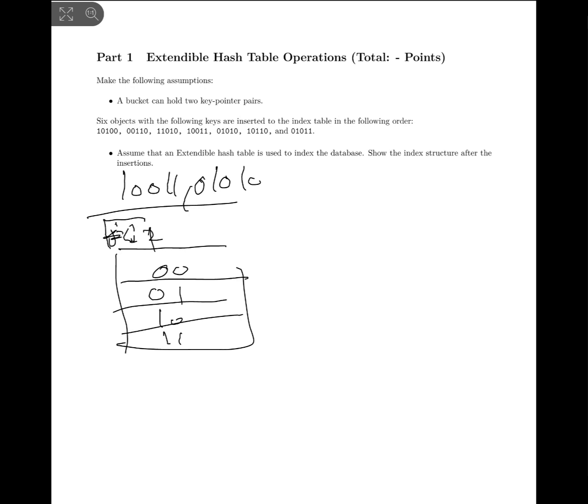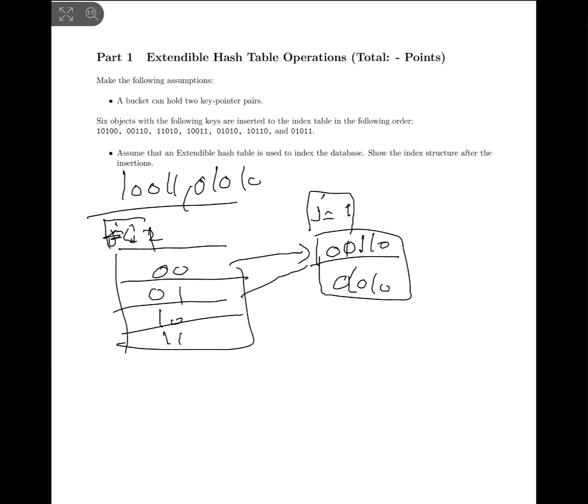So i equals 2, and j equals 1 here. You see that for different values of j, each bucket has its own value. 0, 1, 0, 1, 1, 0, and 0, 1, 0, 1, 0. Both of them point here, and this one points here, and this one points here. 0, 2, 1, 0, 0, 1, 1 is stored here, and the second one, 1, 0, 1, 0, 0,